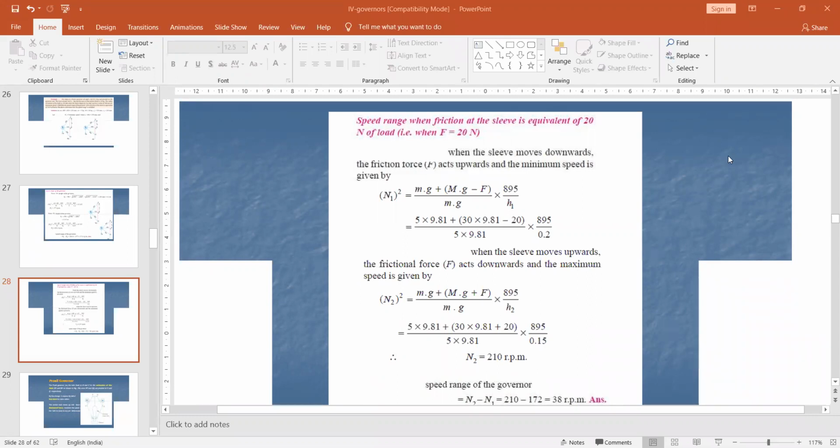we will vary our opposite side. That is the first condition: the R1 value is 150 mm, and in the second condition the R2 value is 200 mm. When we vary that particular length, then H1 and H2 also vary. If it is constant, then H1 and H2 are also constant. But here, at the minimum speed R1 is 150, and at the maximum speed R2 is 200. They already said this in the problem description.